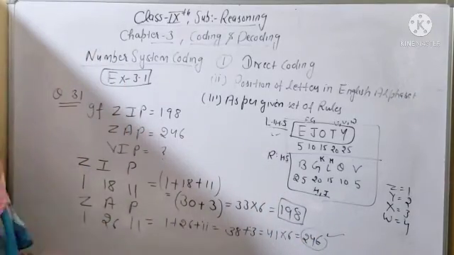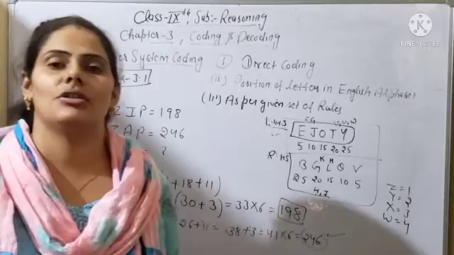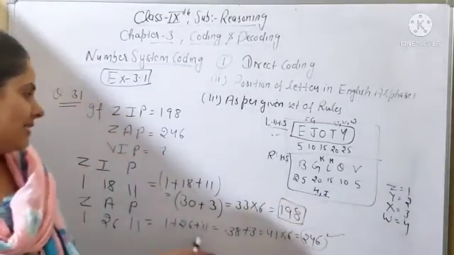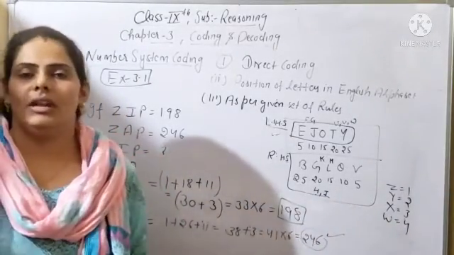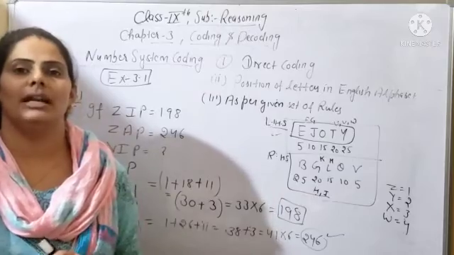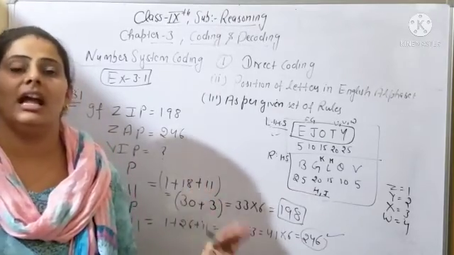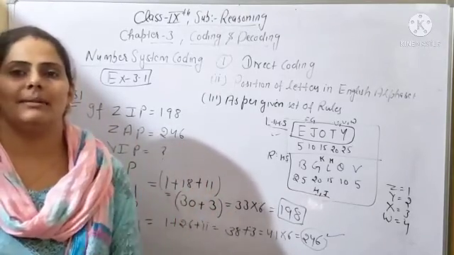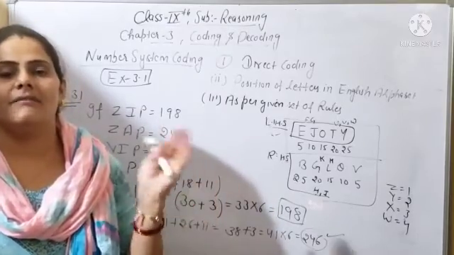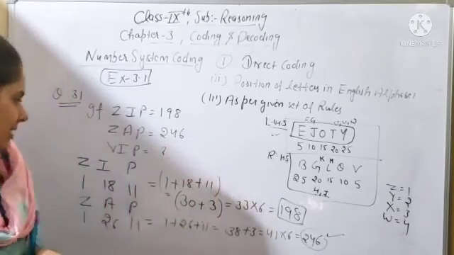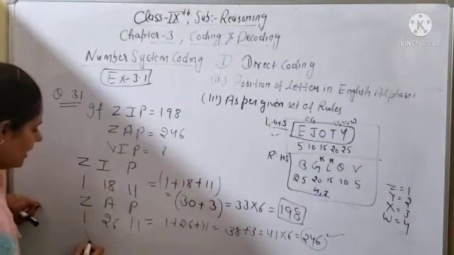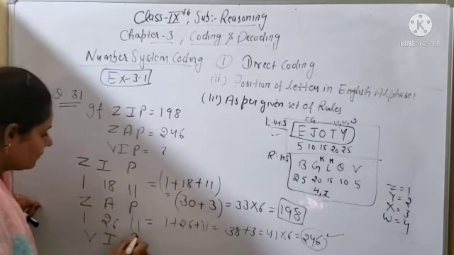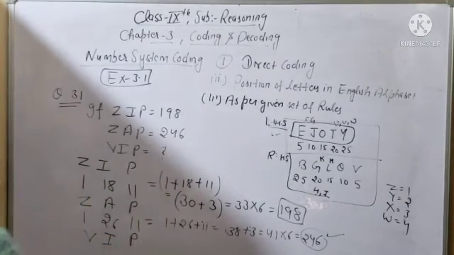Clear? So what is the rule you have to follow here, beta? You have to find out the trick here, and this is the rule you can follow. First you will find out the position of the letters from the right hand side. After that you will add them. After that you will add 3 and multiply by 6. The same you will apply on VIP also. Clear? Same you will apply on VIP.